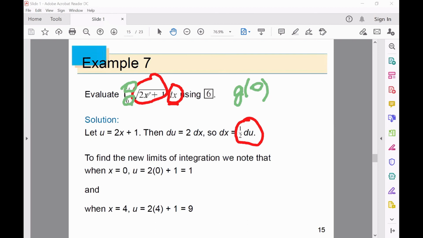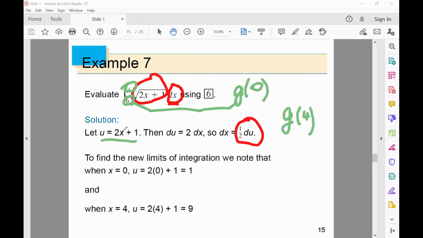If we do the same steps we did for the indefinite integral, however we have an additional action, which is the bounds. Okay, it was between 0 and 4. Now it becomes between G of 0 and G of 4. What is G of 0? Let us remind you, G is the relation between U and X.